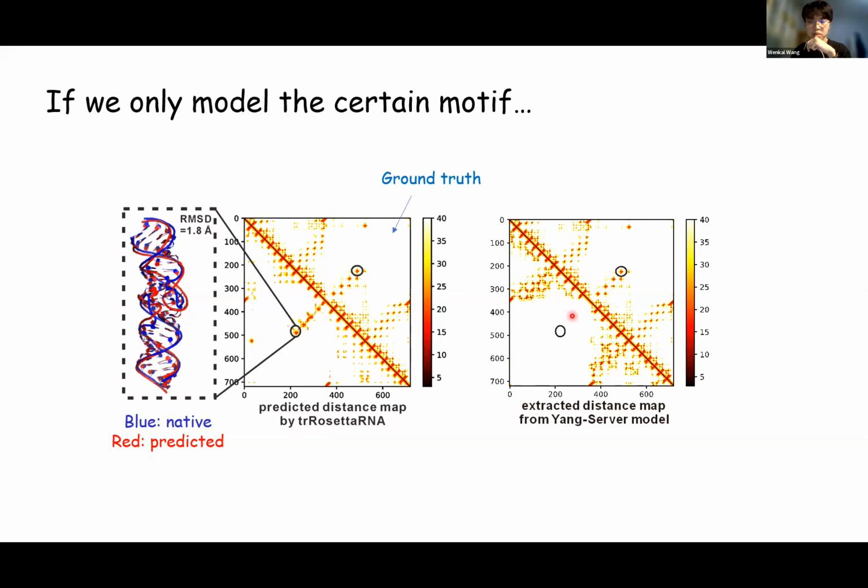We think this is probably due to the complicated interactions from the other part of this structure, which makes it difficult to accommodate this tracing loop if there were no human intervention. So we think it may be promising to combine deep learning with the traditional fragment assembly methods when modeling such complicated synthetic RNAs. This is one of the directions we plan to explore in the future.